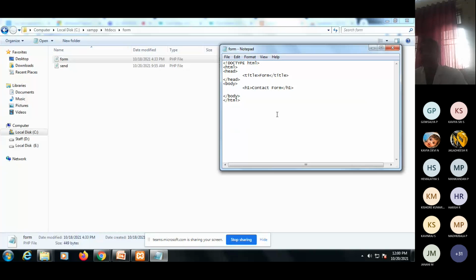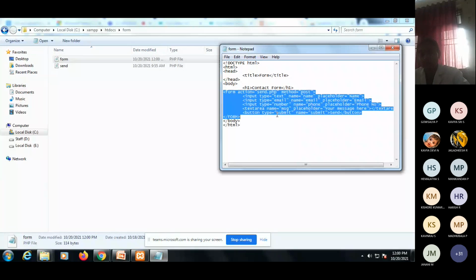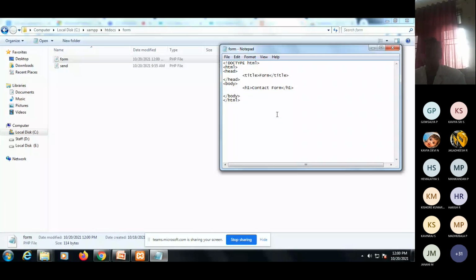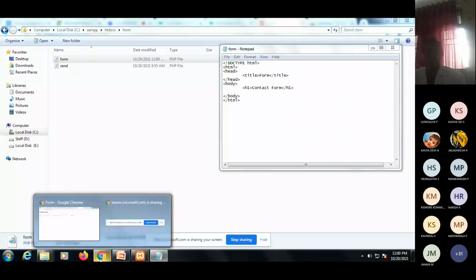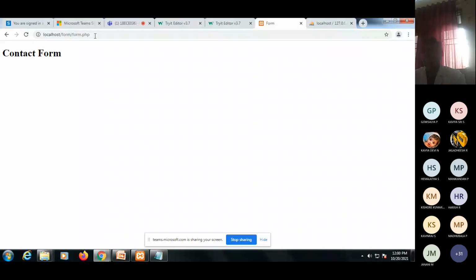I save this one. So now I check here. Form, yes, it is shown here. I can access this HTML form in this web page.